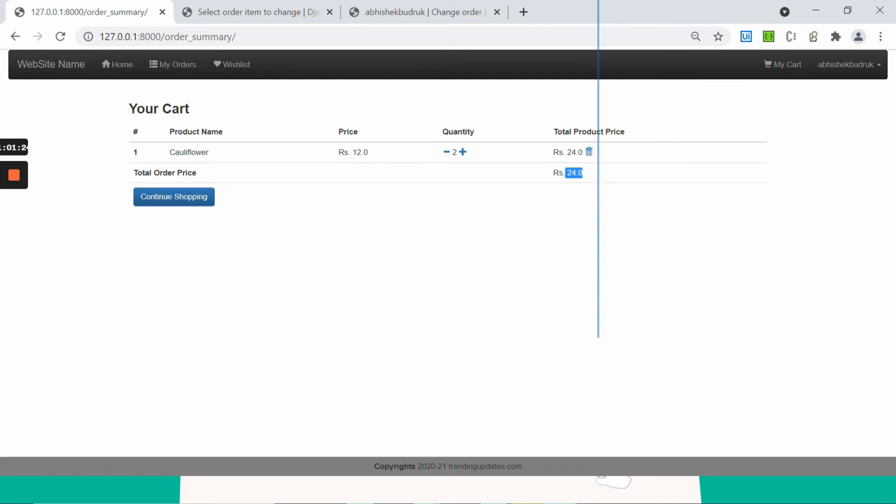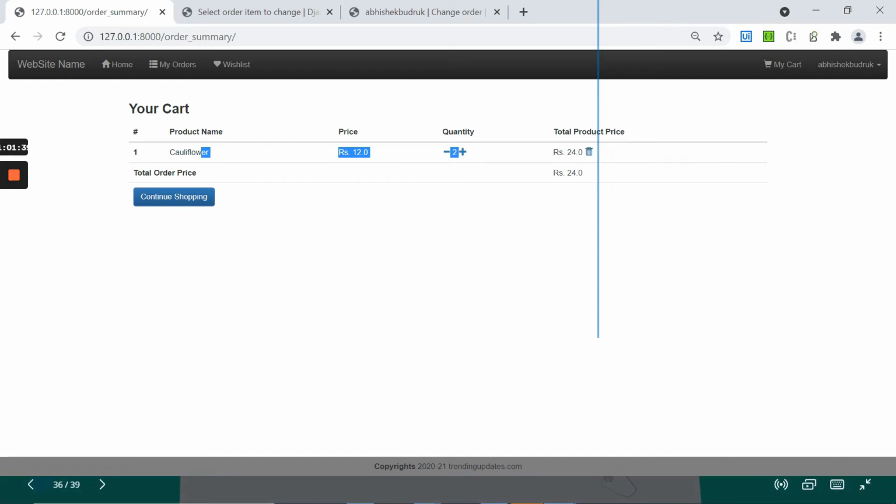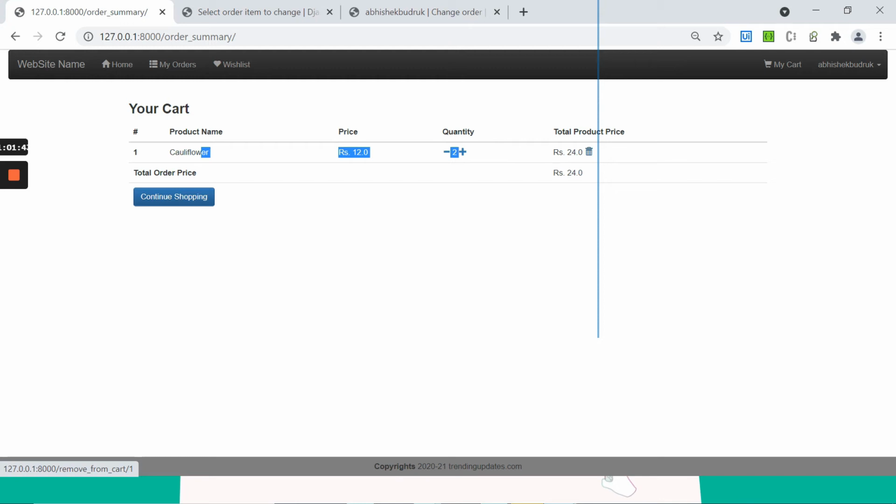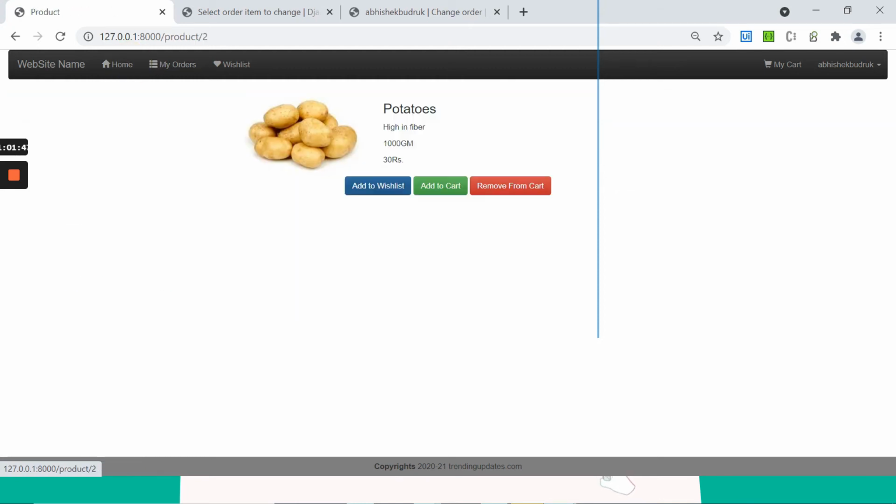Suppose you want to delete the entire order item itself, be it 5 quantity, 1 quantity or 2 quantities. I have functionality over here which says remove from cart. I already have the remove from cart code applied. This was not supposed to be over here. Just for demo purposes, I was showing it to you all over here.